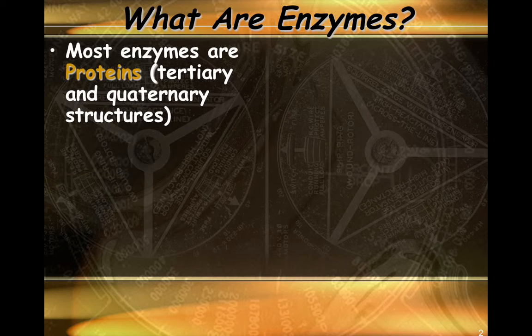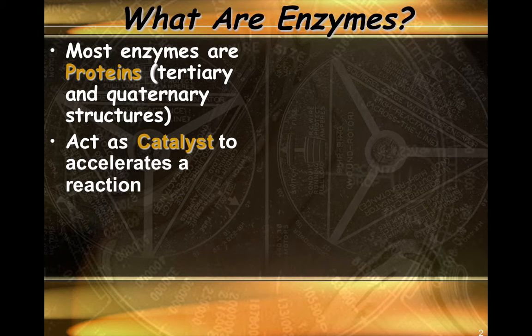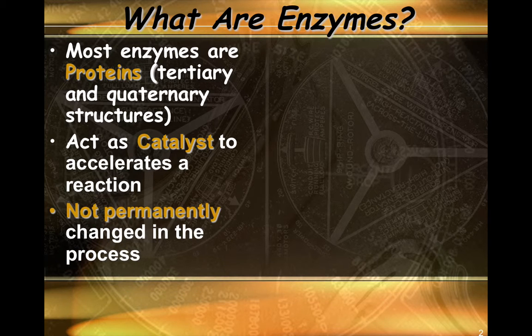So what are enzymes? Enzymes are proteins, either tertiary or quaternary structures, that catalyze reactions or accelerate chemical reactions in our body or in living things. And another really important characteristic about enzymes is they're not changed at all in the process. They come in, they speed up the reaction, and then they stay unchanged. They can keep being used, which is a really important concept because in a human body, we don't need to worry